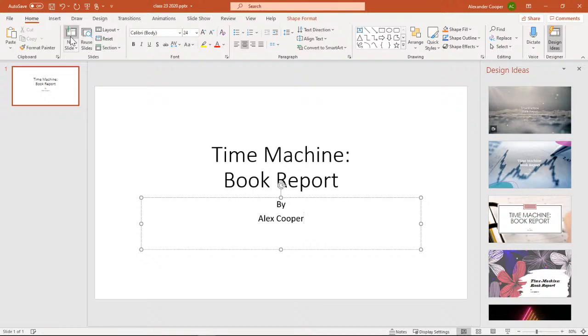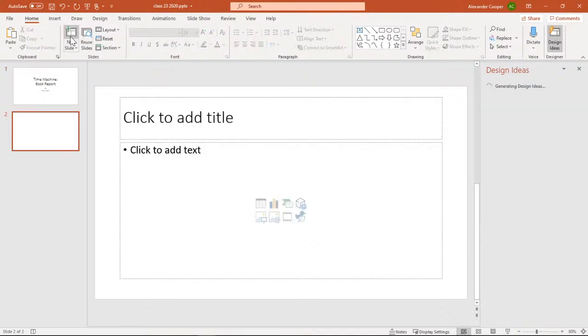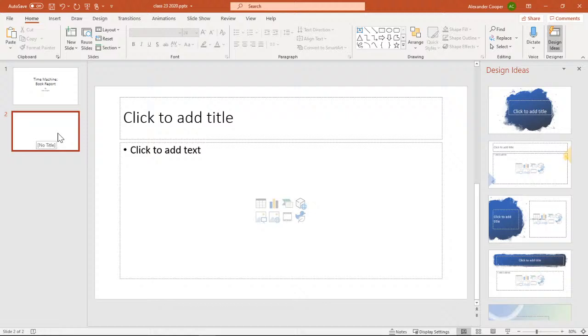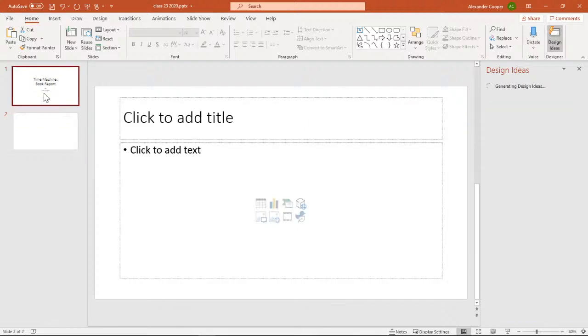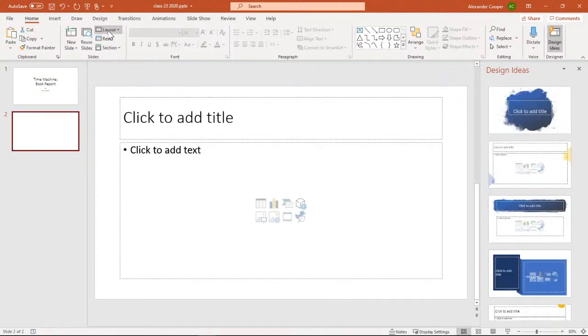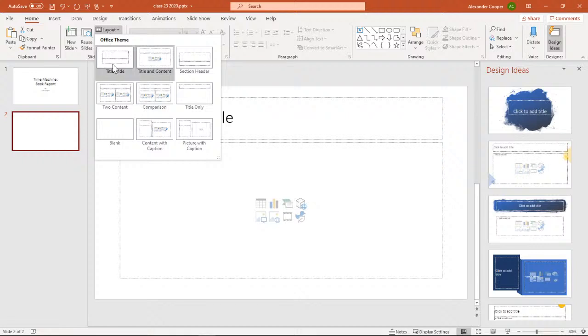The big thing I want you to get from this class is that once I go up here and click new, the next one it usually gives me is the content one. Okay, title, and it has content here at the bottom, and it's already starting to do bullet points for me, right? Now, if I go up here to where it says layout, I can do this at any time, and to select the slide, I just left click it. Okay. So if I click layout, it shows me the different types of slides there are.